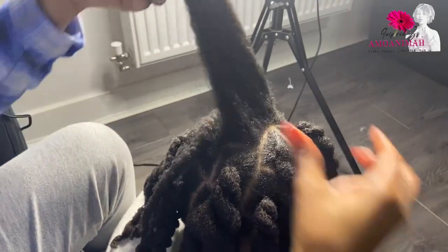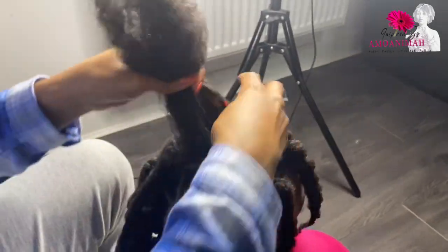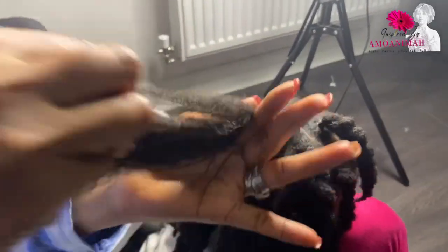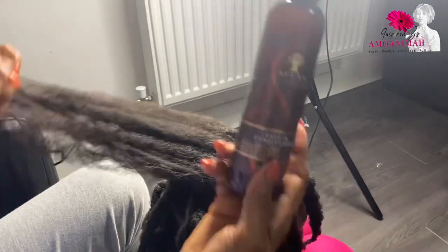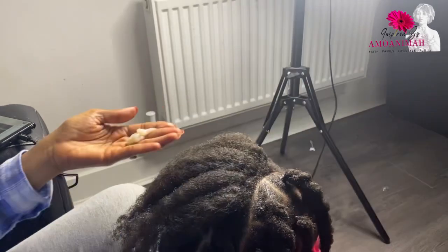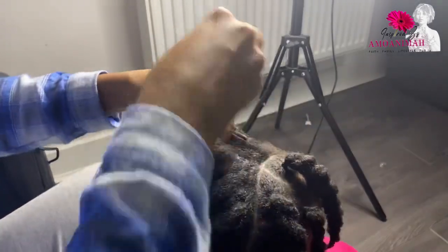First of all, this is warm water in a spray bottle, so I'm just spritzing it all over the dry hair, and then I use my hand to make sure the water penetrates through the hair really well. Enough water not to make it soaked, but enough to saturate the hair and make it moisturized. And then the next thing, I go in for my leave-in conditioner, and in this case I have an Azamai,